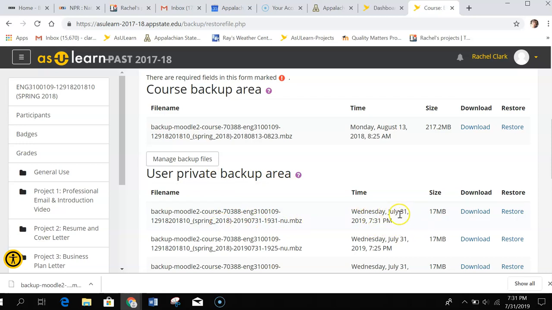All right, it is indeed July 31st at 7:31 p.m. That's the file for the course that I just backed up. And I want to download that to my local machine. So I'm going to click download. And as you can see here, that is happening. If that doesn't pop up on your screen,